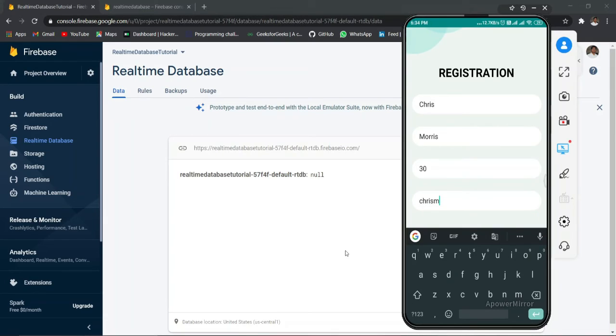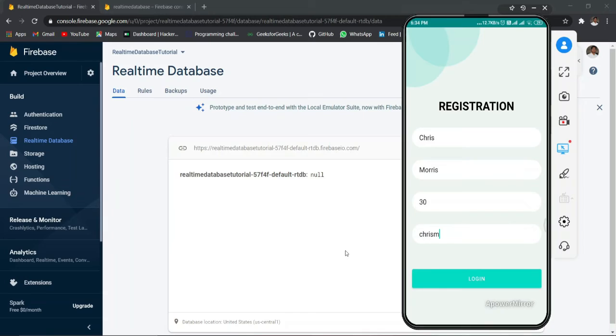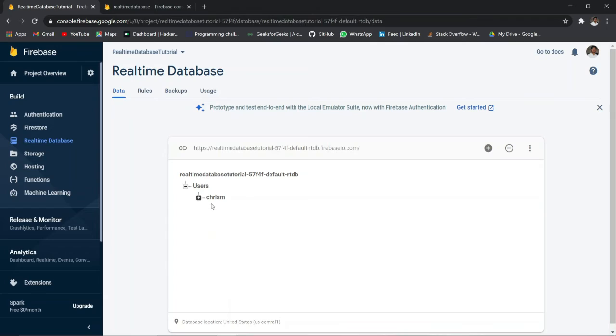Now if I just click on this login button, so here you can see successfully updated, and you can see it has created the users node, and inside this node we have this child Chris M, and inside this we have this data.